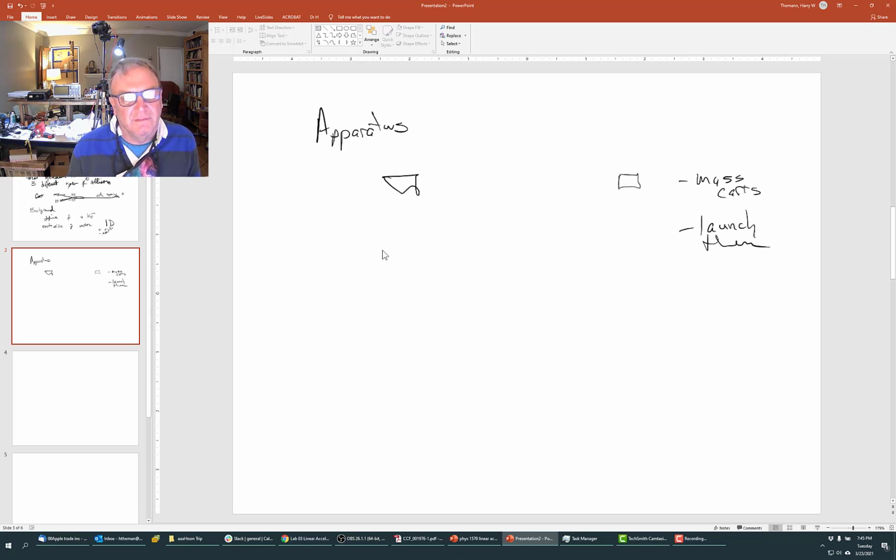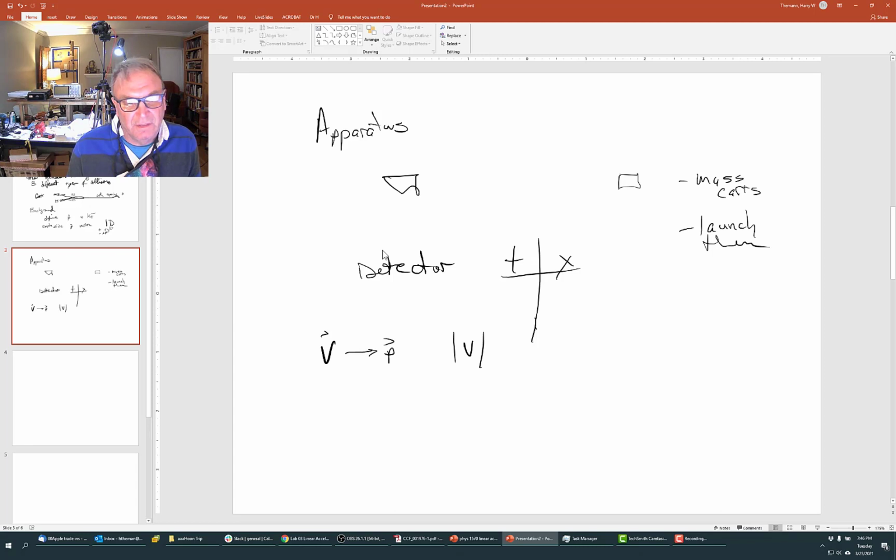And then we have this detector that produces the T and X. And since we need velocity vector for momentum, and simply speed, which is this fancy symbol, it just means magnitude of velocity, for KE,